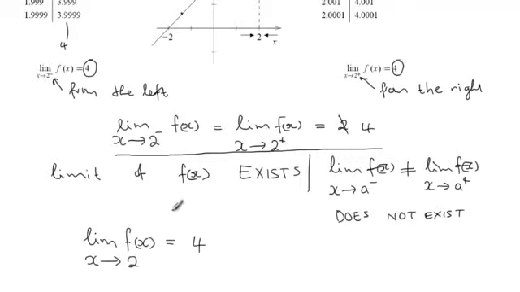In other words, after you have discovered that these side limits exist and they're equal, then we say the limit of the function f of x at 2 exists, and we write that statement this way. Then we say the limit of f of x as x is tending to 2 is equal to